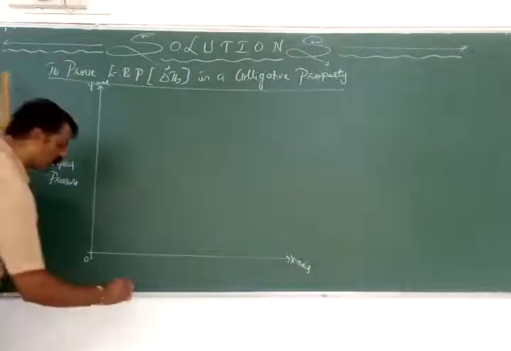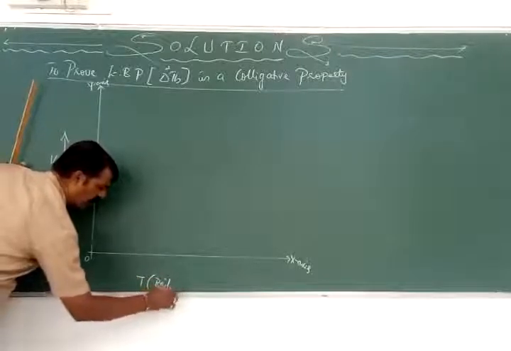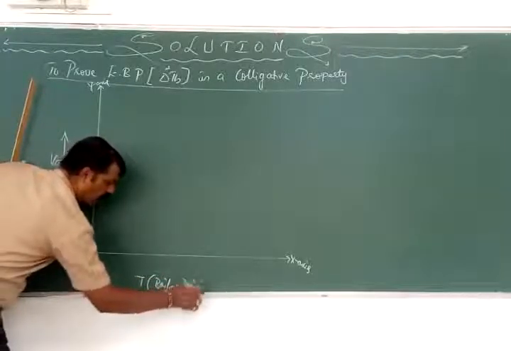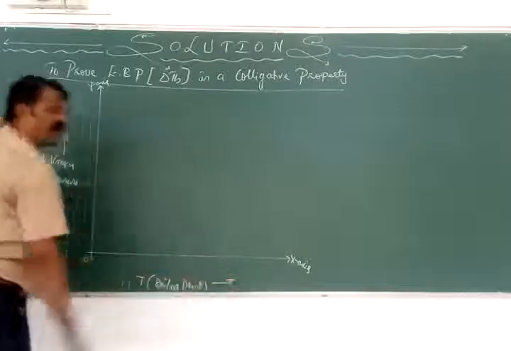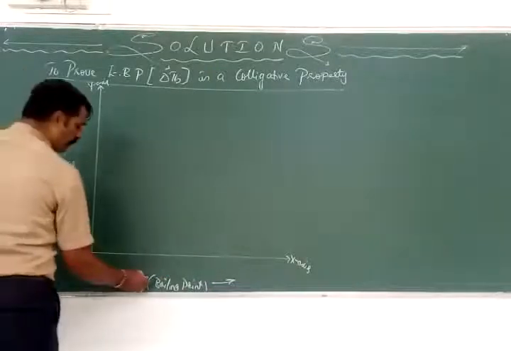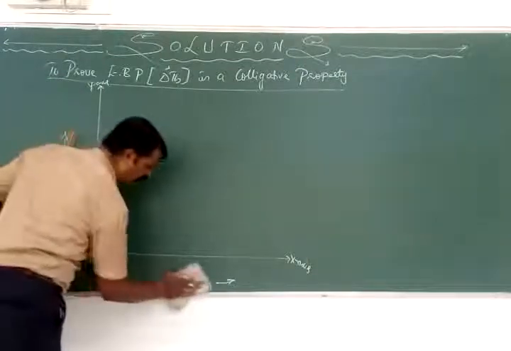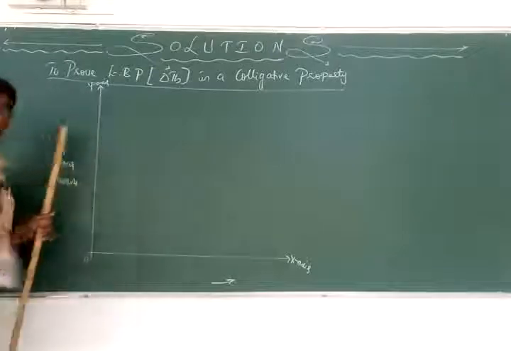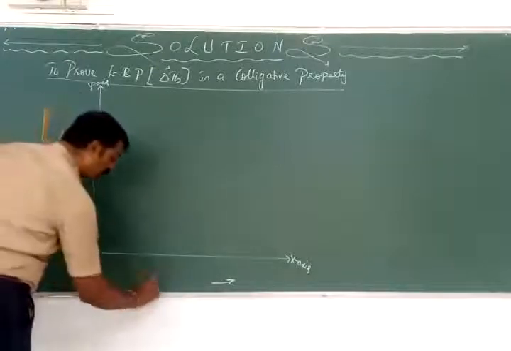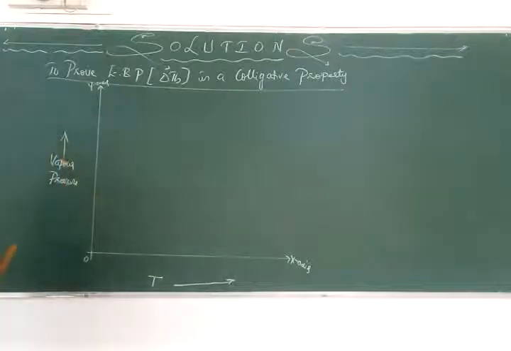Now, this is T. This is called as which point? Boiling point. I don't know whether it is a solvent or a liquid. First, it is not the boiling point exactly; let's just take that as temperature itself. Boiling point will be higher. It is the temperature first, along this axis.